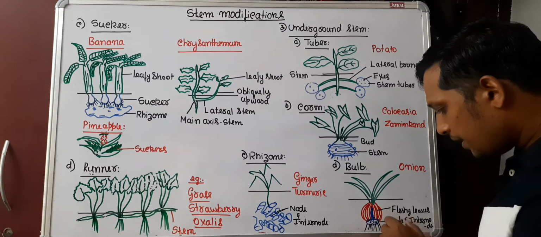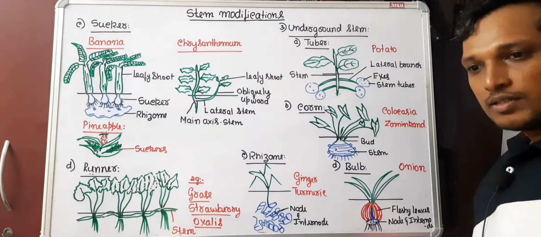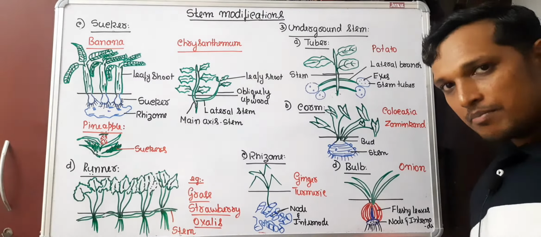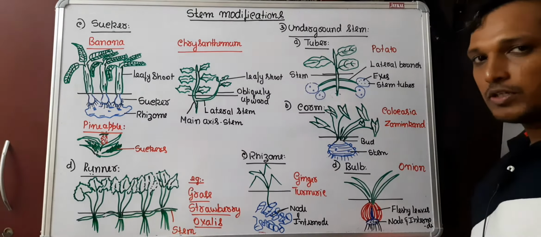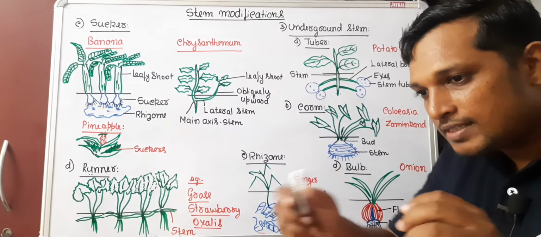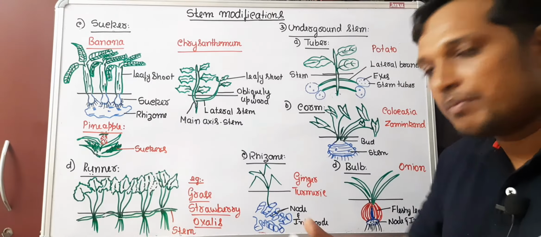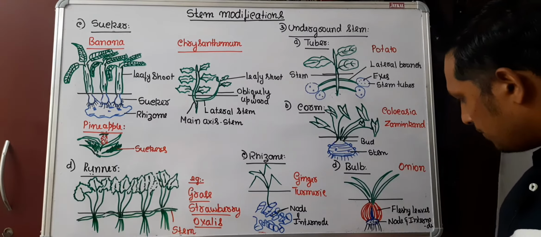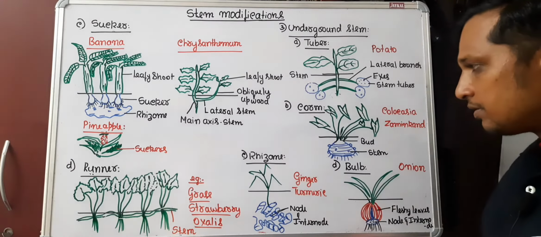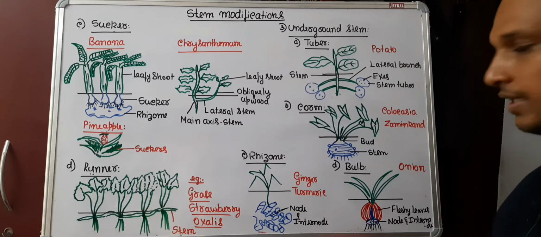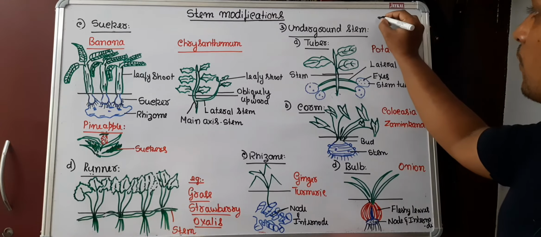The stem is covered by fleshy leaves. So here storage of food is not done by the stem, instead fleshy leaves store food. On the outer surface of an onion, you can find a scaly leaf which can be removed easily. This is the upper part of the leafy shoot. That is bulb modification. Now, the common thing in the underground stems is that they all are